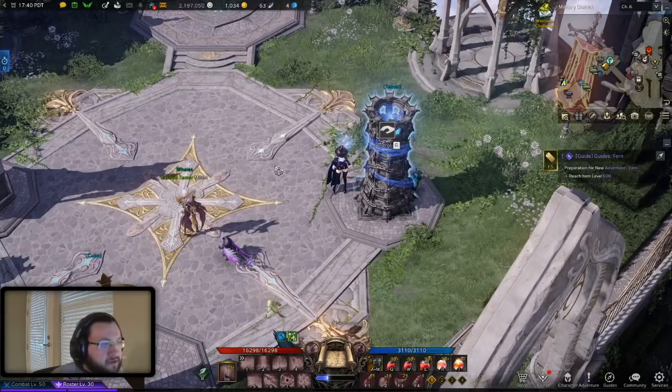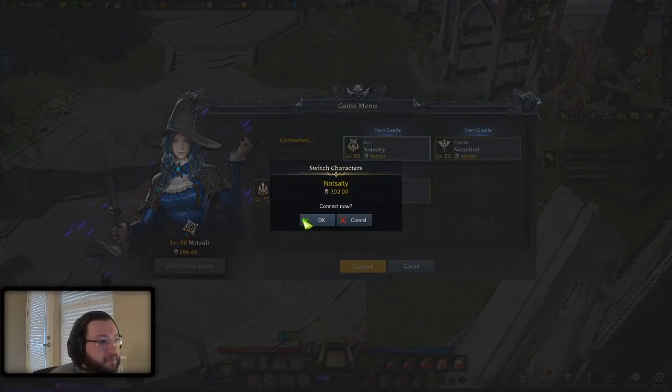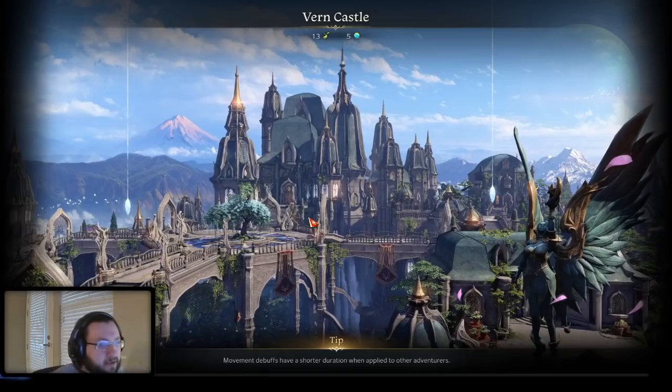Now let's switch characters to what is actually my alt, but let's just pretend that this is your main character, right? And this is the way that you want to do it. You want to do the tower on your alt character first, and then you want to do it on your main character. And again, your alt is not going to be as strong. You're not going to get to as high of a floor as you can on your main character. Don't let that hold you back from doing this the right way. Still, even if you can't get to as high of a floor on your alt character, you absolutely 100% want to do it on your alt first,